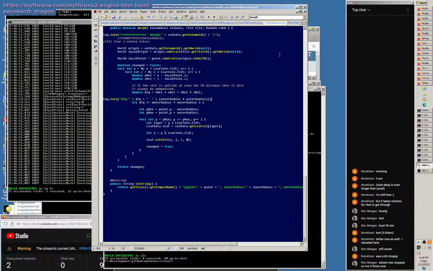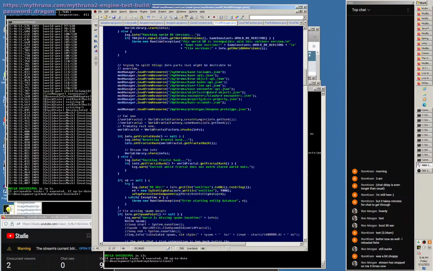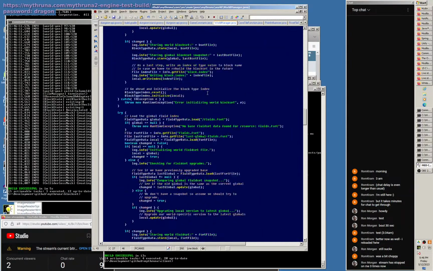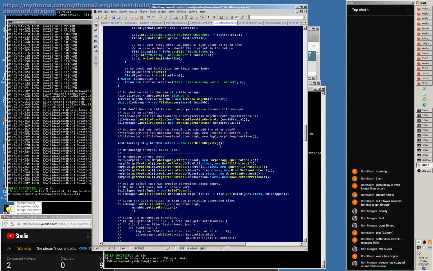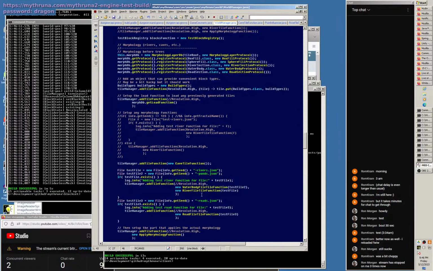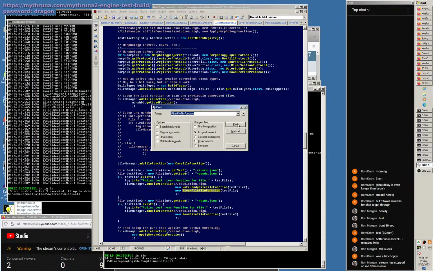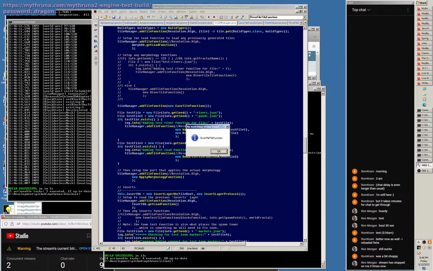The other, I think, is a different kind of stupid problem. Let me just verify that the river tile, let me just make sure I've added it everywhere it's supposed to get added. Yep, okay. So the problem is, I think